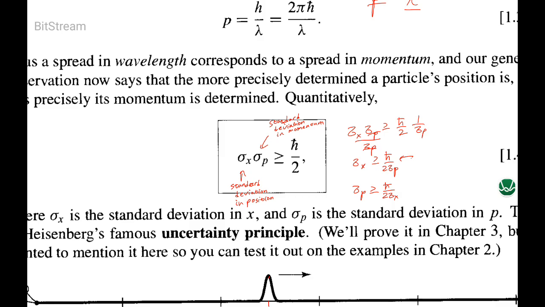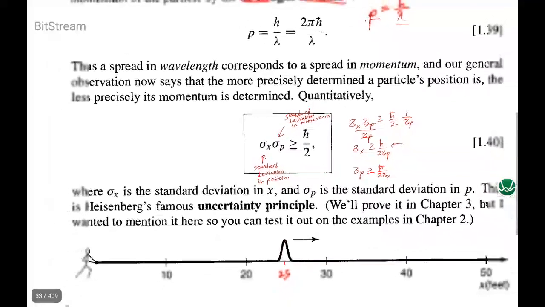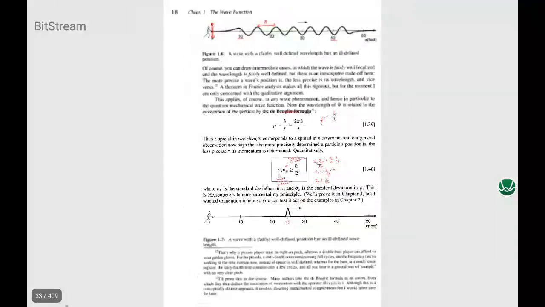Now, mathematically, this does come from Fourier analysis. This comes from taking a Fourier transform, going from position space to momentum space, or from real space to k space. We will get into that in later chapters, but for now this is just the basics of the uncertainty principle, and we'll look into actually calculating it out